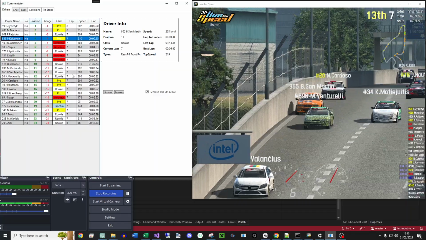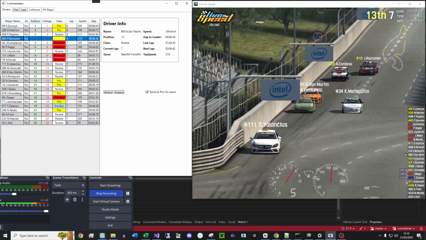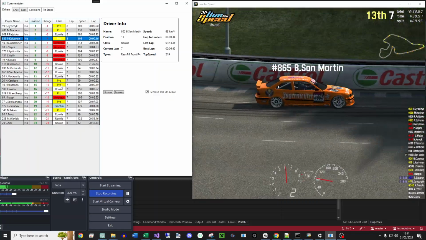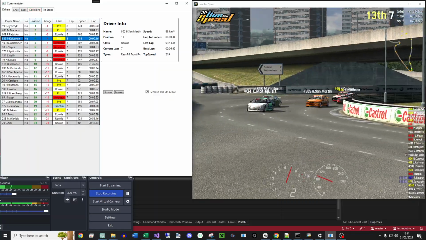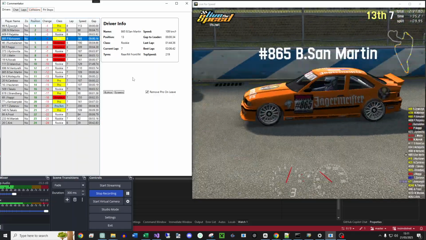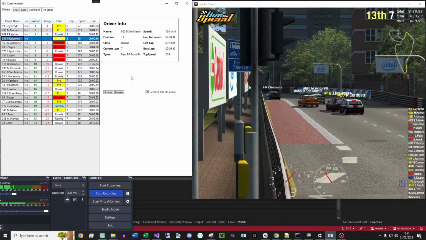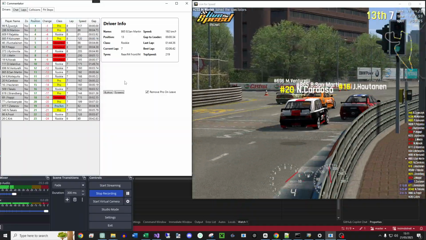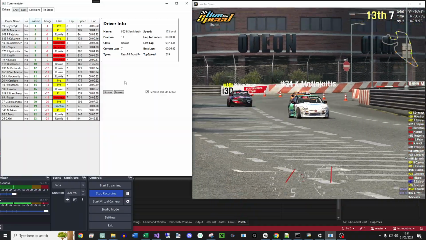So we can track all that as it's happening, and I believe we're coming close to another pit stop, but we can watch this. So obviously in a fantastic race like this, we maybe do not need to look into other elements